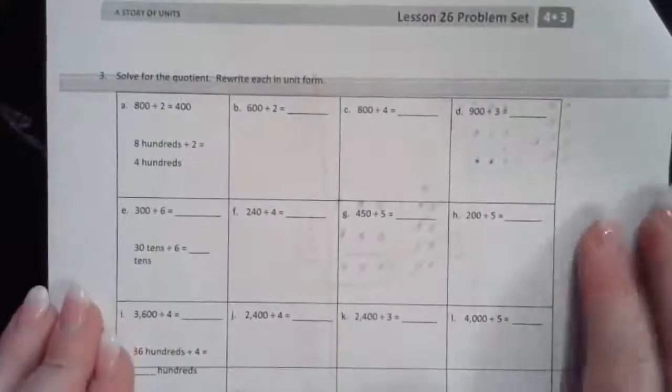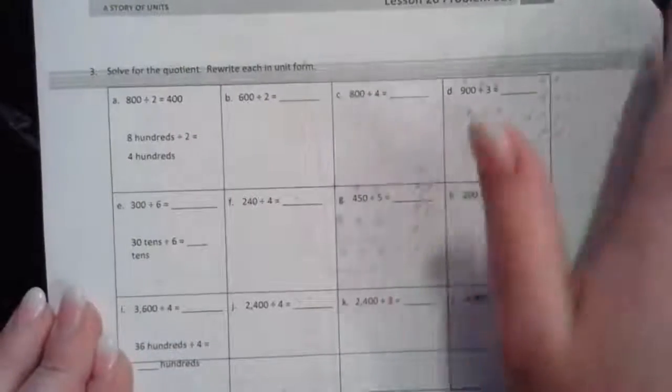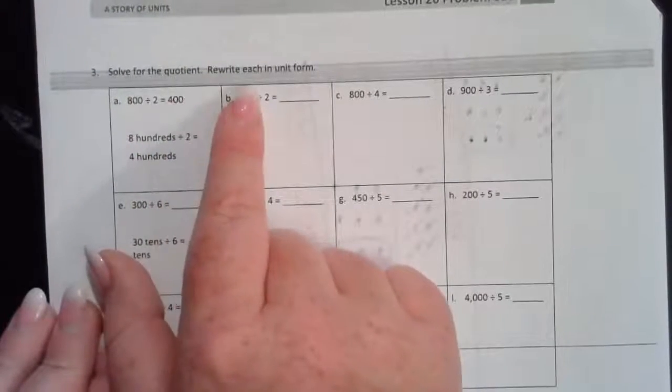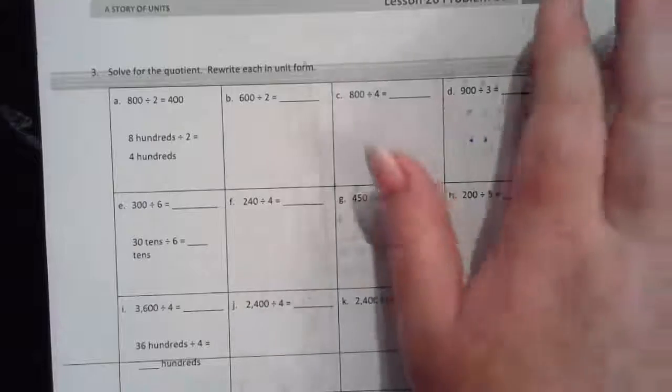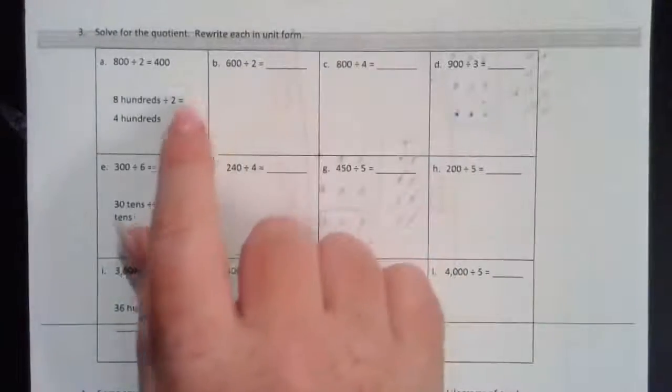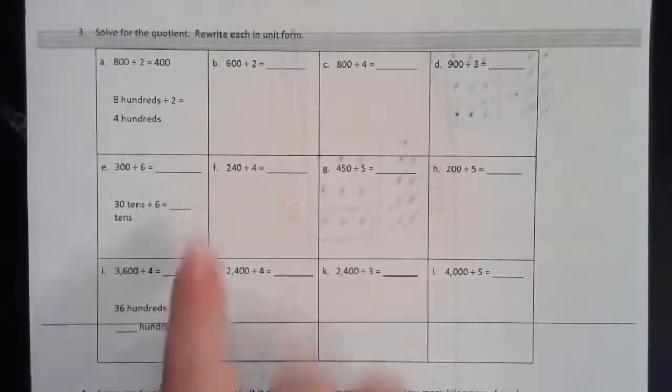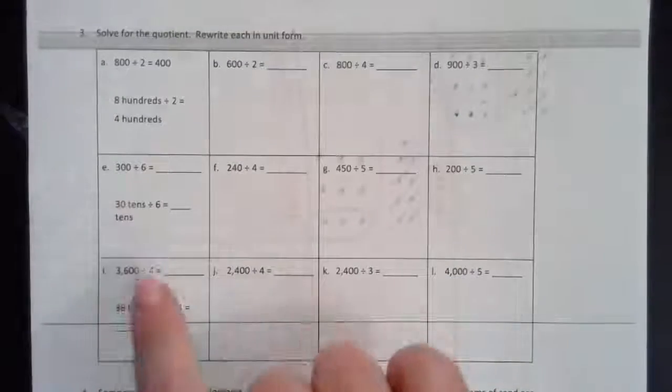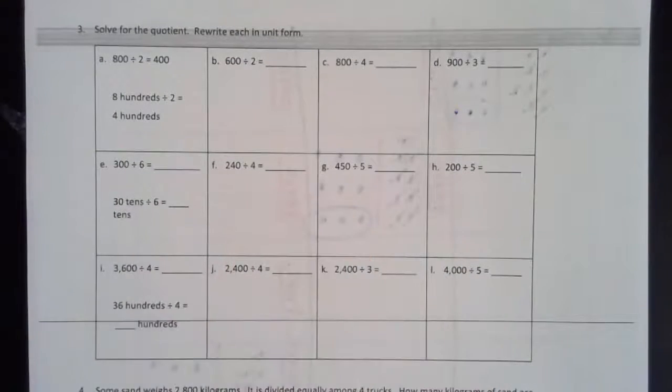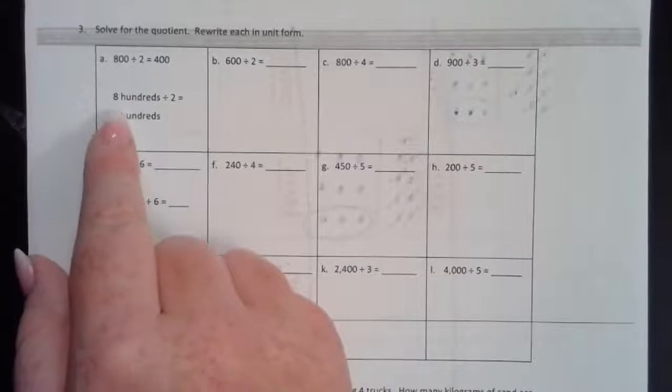Again, I'm not really sure what was going on with this line, but we'll still be able to read it. It says solve for the quotient, rewrite each in unit form. So you need to write it in unit form, and what's awesome is you've got examples already provided for you of what that unit form looks like. So let's look at number